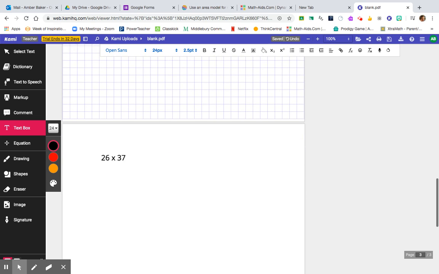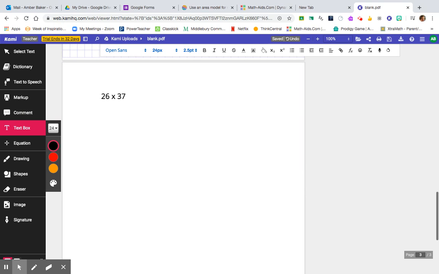So if we come to a problem like this, one's a little different because this is saying I have 26 groups of 37. Now instead of having a single digit and a two-digit number, we have two two-digit numbers. So we're just going to take both of those numbers and put them both in expanded notation. I'm going to start with 26. I'm going to expand that. It's going to become 20 and 6. Again, since I'm using area model, I'm going to draw a rectangle underneath,